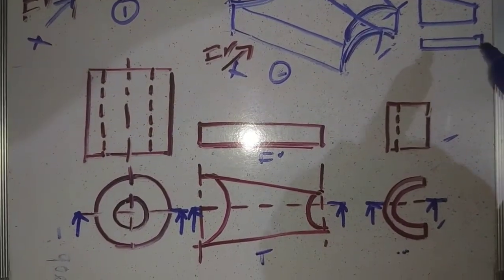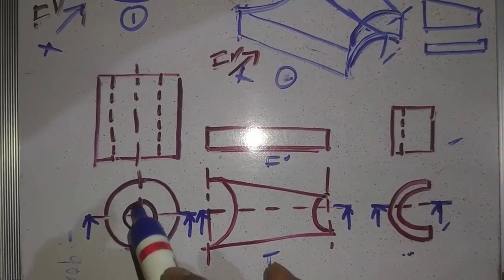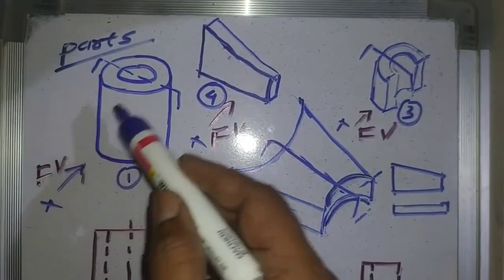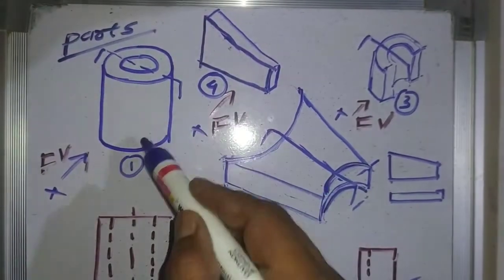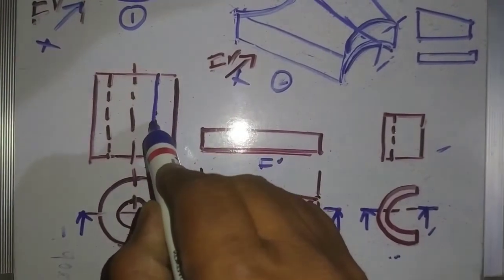Today we will now show the section lines. After cutting, what will happen? The half portion of the cylinder is removed. Which part is removed? The imaginary cutting plane is parallel to VP. We are looking at this object, and the front portion is cut here. So what will you observe? This dotted line is converted into a dark line.